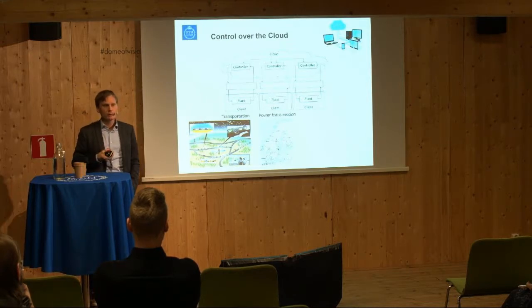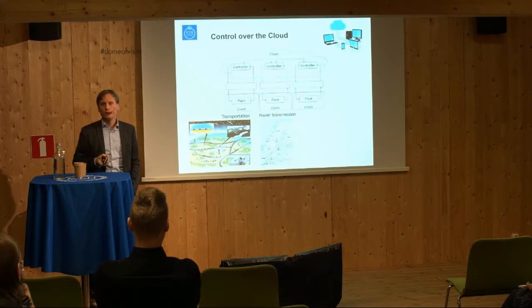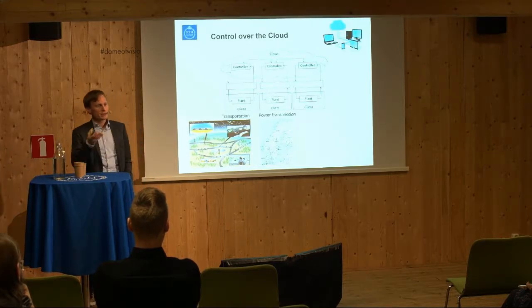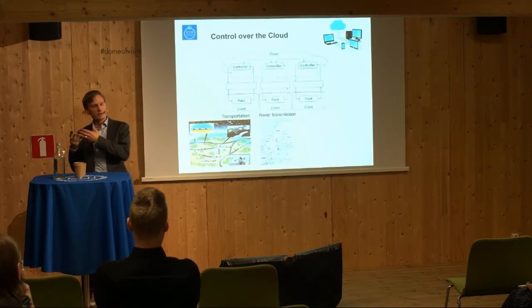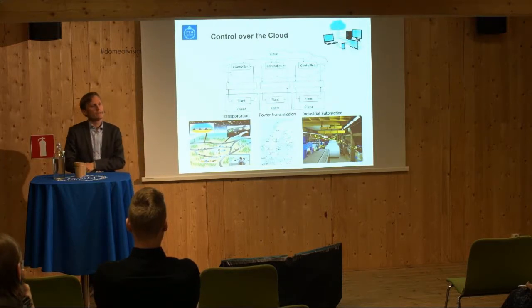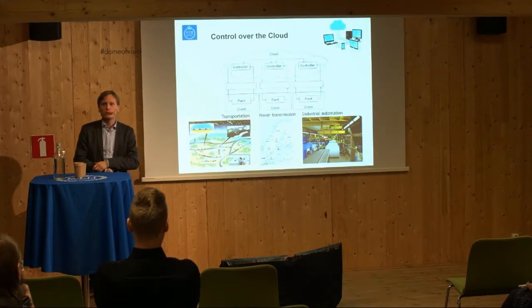Power transmission is another case where every plant here would be a power plant, and the controller would decide whether it should increase or decrease the production. And the cloud can help you make a wise readjustment of production if, for instance, the wind starts to blow in a certain region, so maybe you should increase production there, whereas you should decrease it in another place. But it could also be useful in a factory environment where many control systems can start to talk to one another using the cloud technology. So this is what I mean by control over the cloud.